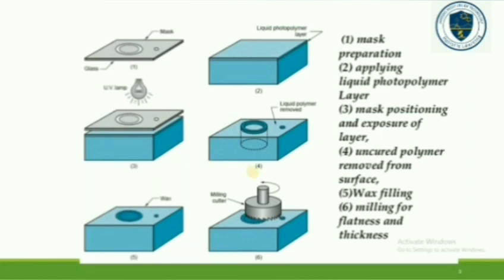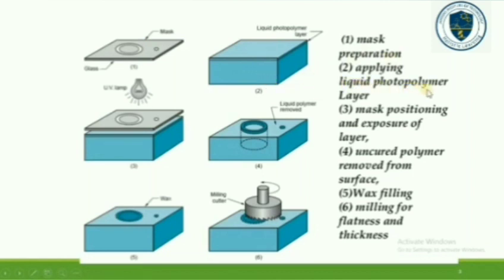Next, it shows how the products are made. First is mask preparation. Mask preparation is the first essential step. Without a mask, the product cannot be made. First, you need to create a mask. This mask provides light to the liquid resin. Here, the mask allows the UV lamp light rays through unmasked areas. Here we are going to make one circular component.